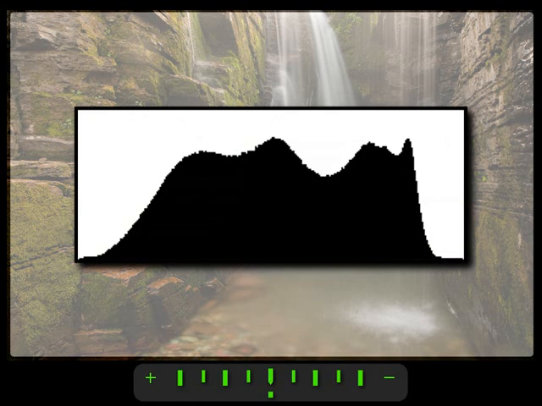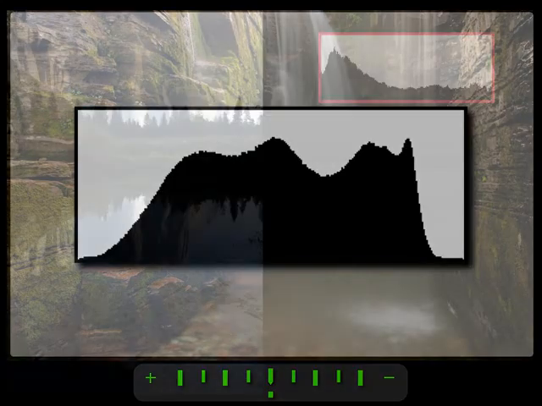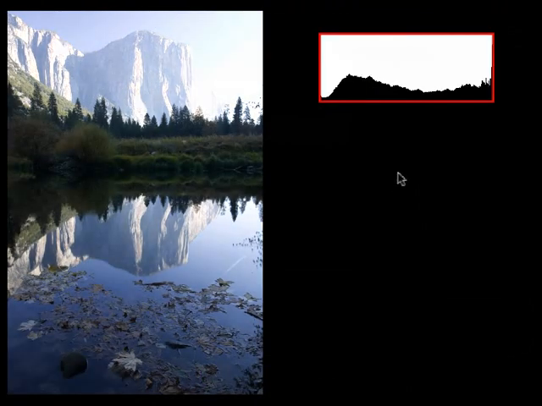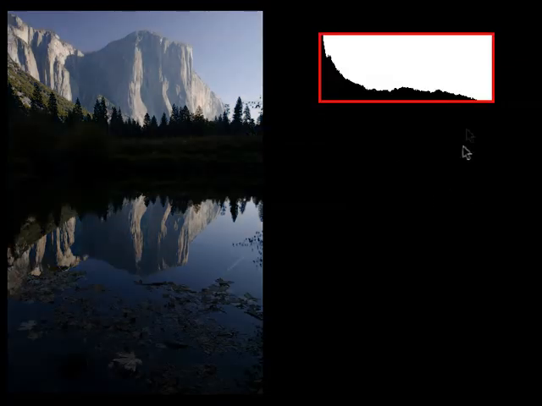Sometimes images have such high contrast that you can't contain them. Here's an example. In this image, with this current exposure, our highlights are blowing out and our shadows are blocking up. If you gave it more exposure, sure, you get some more detail in your shadows, as proven here in the histogram, but your highlights are still blowing out. And if you get the histogram reading properly, where our highlights are protected, we've got plenty of detail there,